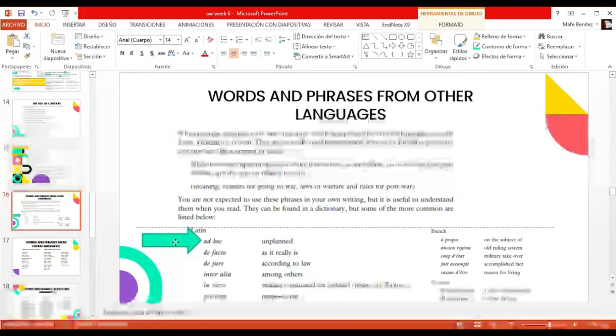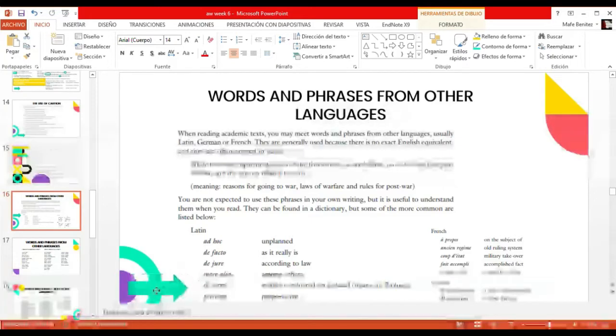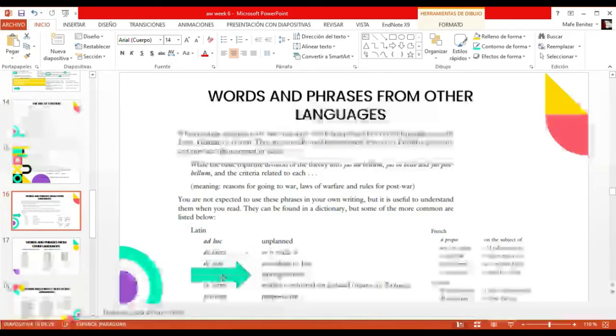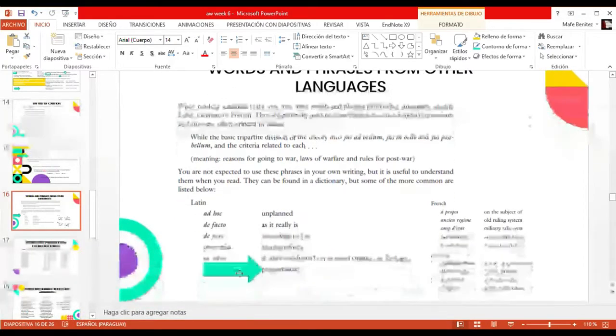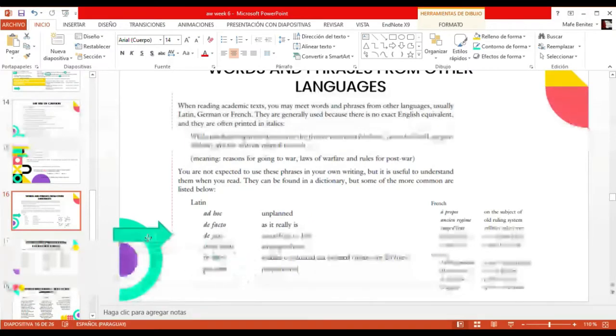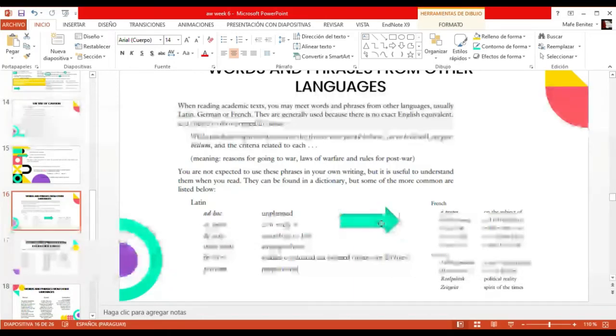Latin: ad hoc, de facto, de jure, inter alia, in vitro, and pro rata. Okay? Which mean unplanned, as it really is, according to law, among others, studies conducted on isolated organs in biology, and proportional, respectively. Okay? So, I know Santiago speaks French and Sonia speaks German, so I'm not gonna